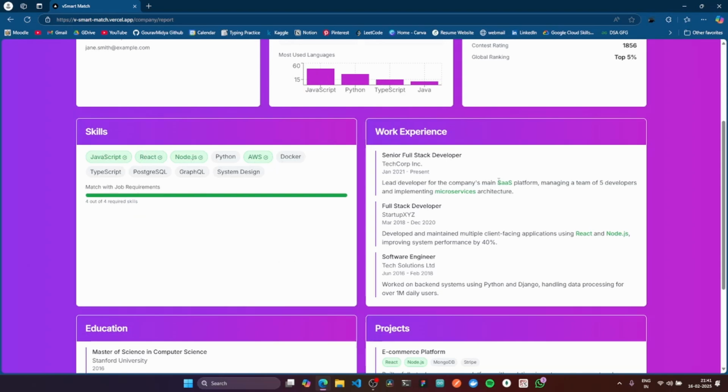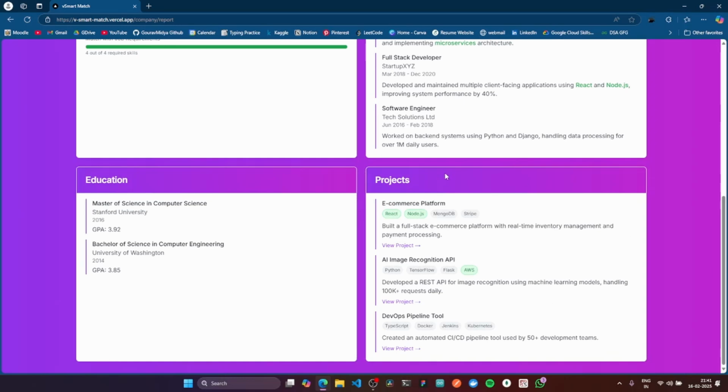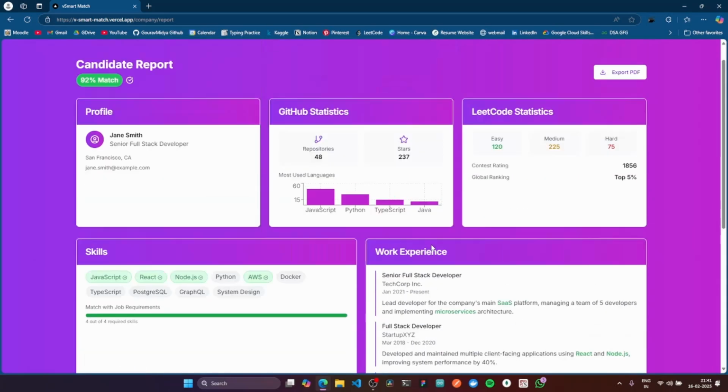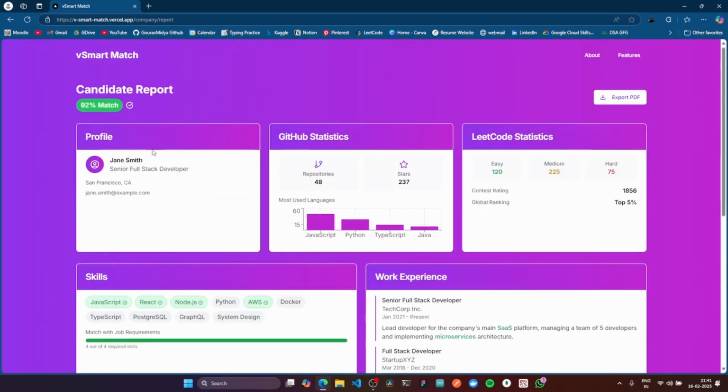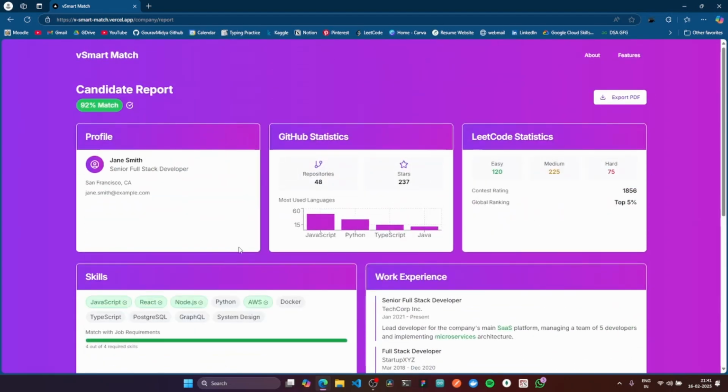Also, in work experience, it will match the wordings that are required in the job description and show the recruiter in green, a good approachable green, I guess, so it stands out from the rest of the content. In projects as well, we can see that React, Node.js, AWS was matched. This overall candidate match report makes it much easier for our recruiters to see why the candidate is a good fit for that role.